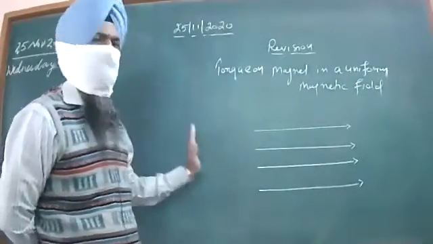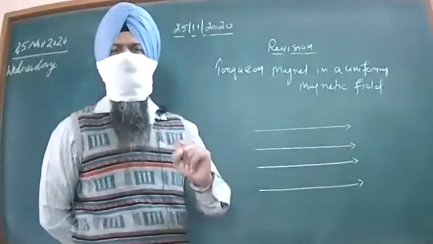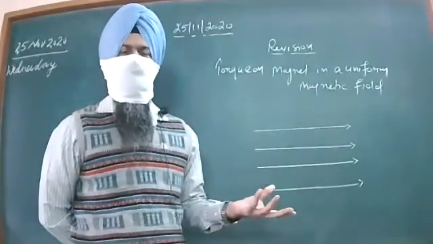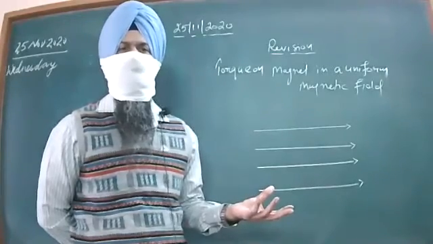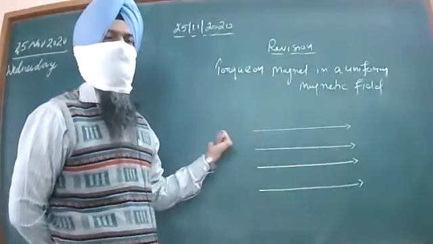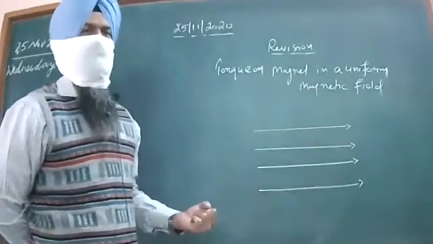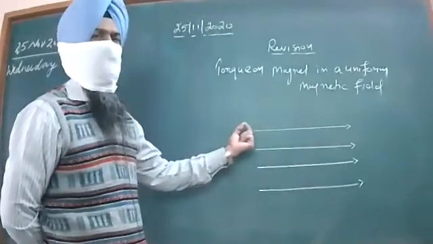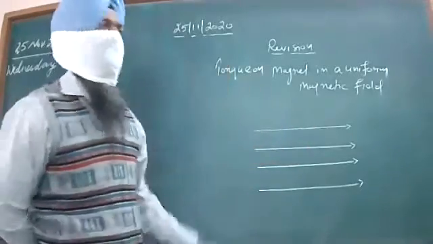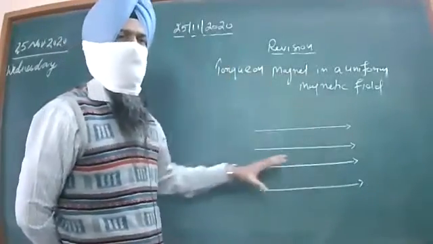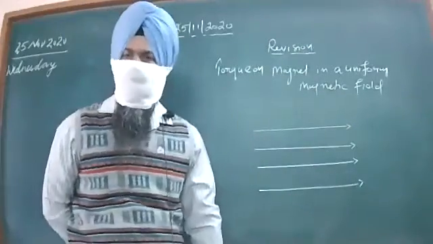In the plane of the board, it is indicated in this way with the help of parallel equidistant lines. And when we talk about the magnetic field uniform perpendicular to the plane of the blackboard and directed inward, it will be indicated by the cross signs put at equal distances from each other. And when it is perpendicular to the plane of the blackboard and directed outwards, that is towards you, then it will be indicated by the dot signs all across the board surface at equal distances from each other.